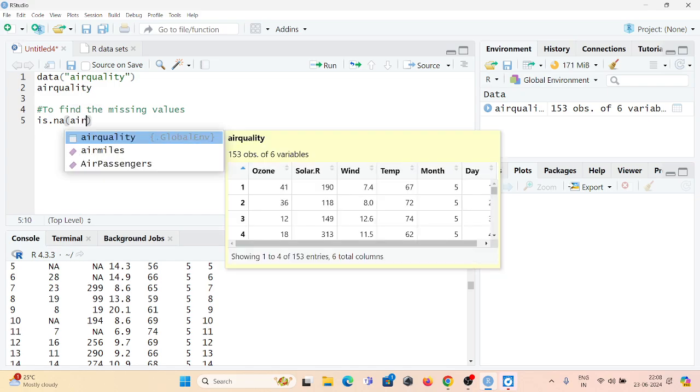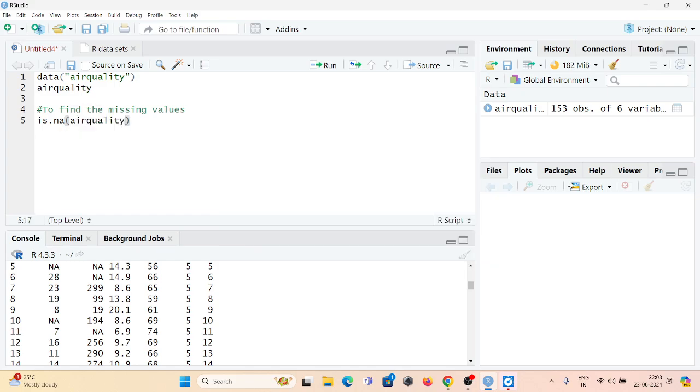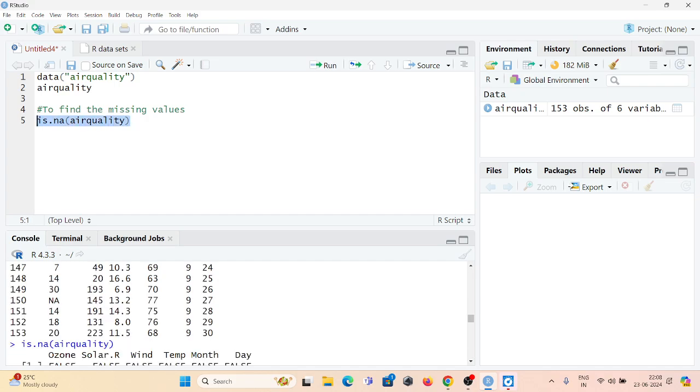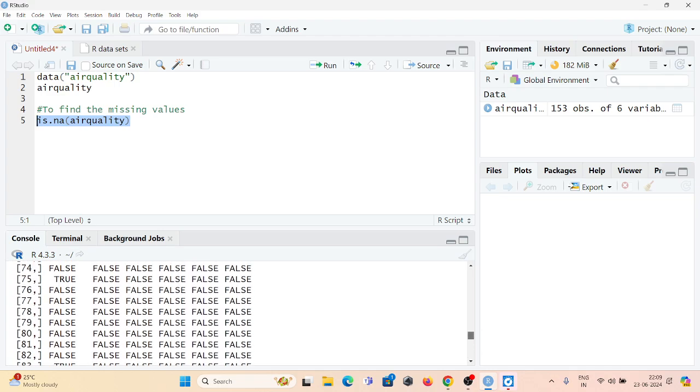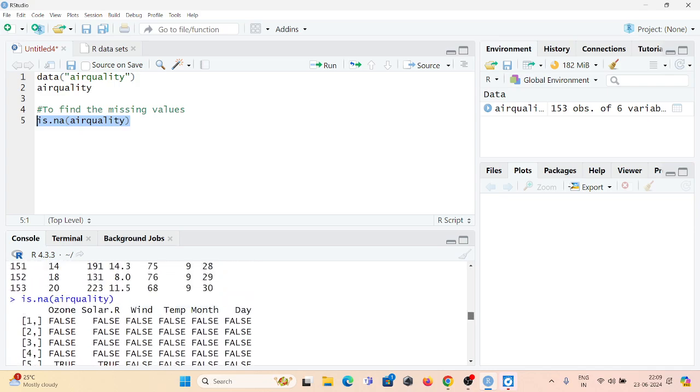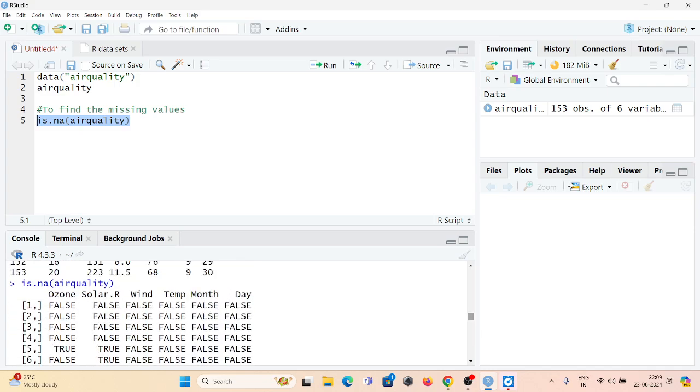So the data set here is airquality. That means I want to say: in airquality, is there an NA value present? Whenever I select this and click run, you can see a table with FALSE and TRUE values. These are the FALSE and TRUE values against the variables present in airquality.